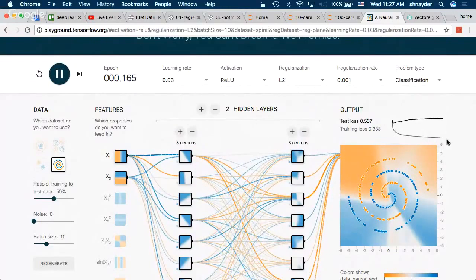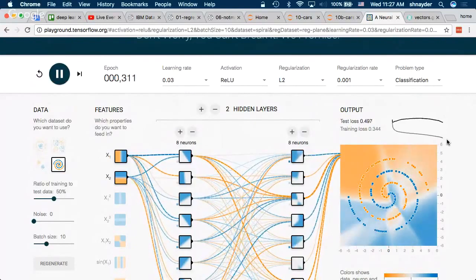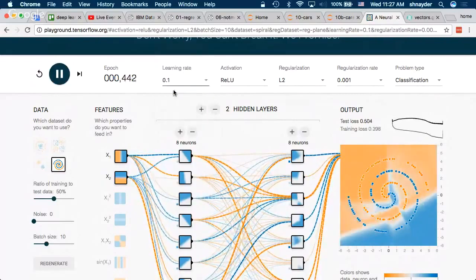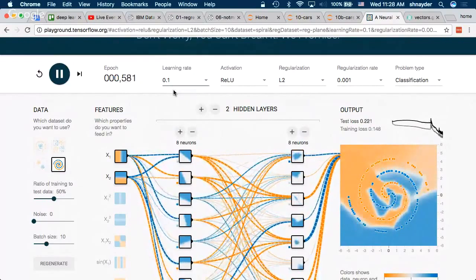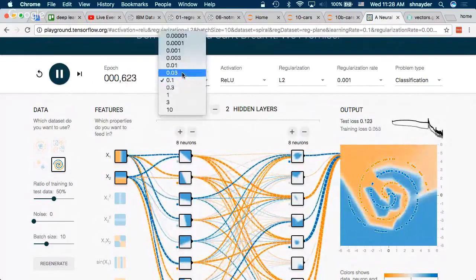Overfitting, overfitting, overfitting. But maybe at some point, it'll actually figure it out. Go faster. Now slow down.